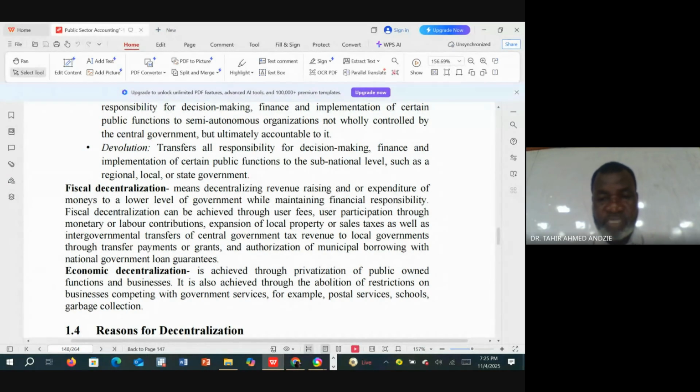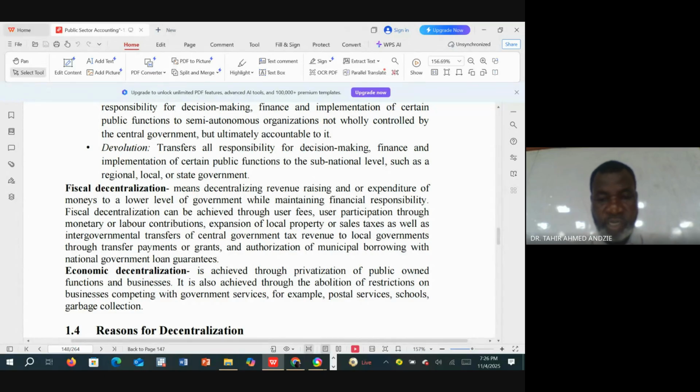Then user participation through monetary or labor contribution, expansion of local property. Once you want to expand local property, you may impose sales tax, as well as the intergovernmental transfers of central government tax revenue to local government through transfer payments or grants, and then